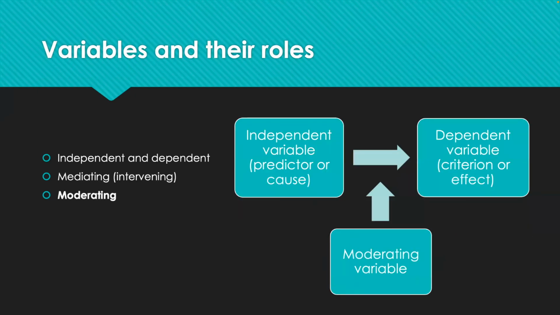Another type of variable in quantitative research that studies more than two concepts is the moderating variable. Moderating variables explain how the nature of the relationship between two other variables differ depending on the levels of the moderator. Levels are the different categories of a variable. Moderating variables are almost always categorical, like gender identity or having an experience versus not having an experience or personality type. For example, you might predict that